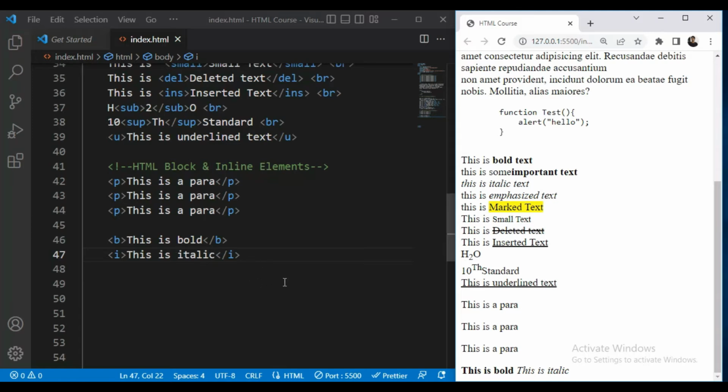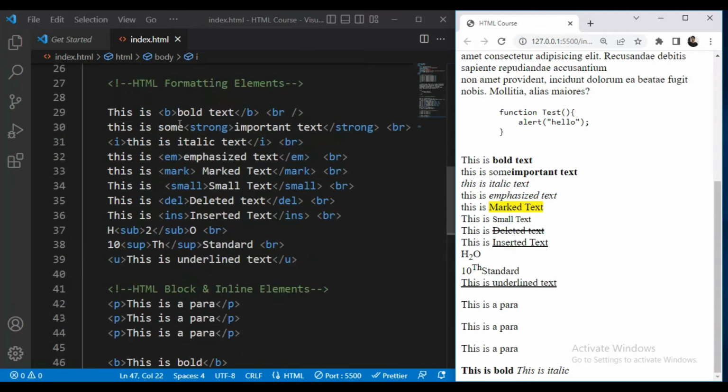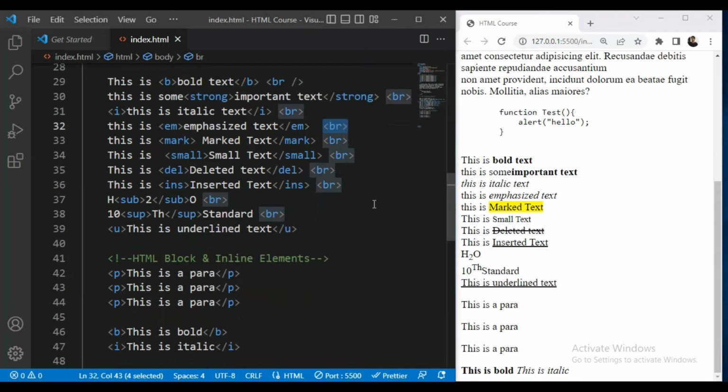So I just wanted to give you an idea about the block level elements and inline elements, because just now we have seen the formatting elements, and for bringing the text on the next line I was using the BR tag, that is line break tag.